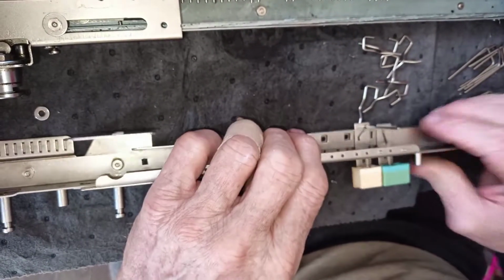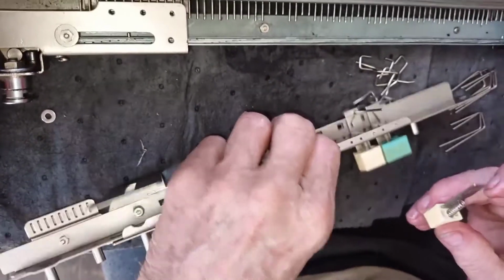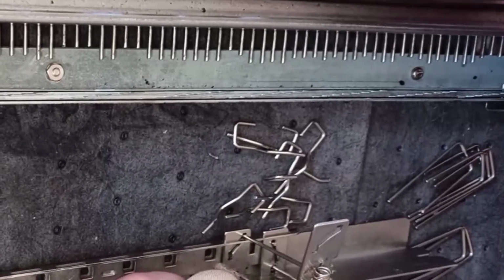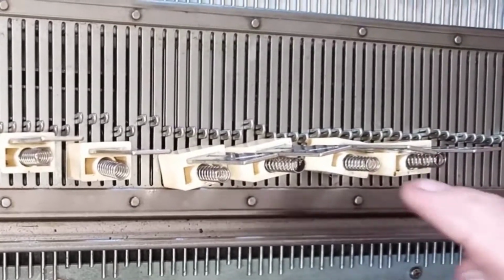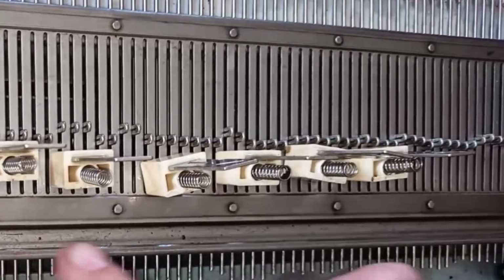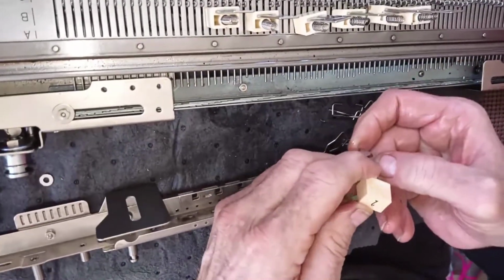Be sure you put the buttons on in order. They're exactly alike, but you're going to have a hard time knitting if the numbers are not in order. I will show you what I did. There's 3. There's 4. They're standing up so that the springs will stay in place. 5. So I started with 8 and stood them up all along here, so I know this one is, yes,